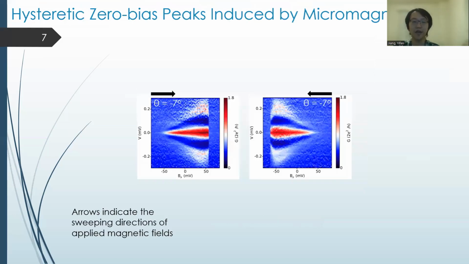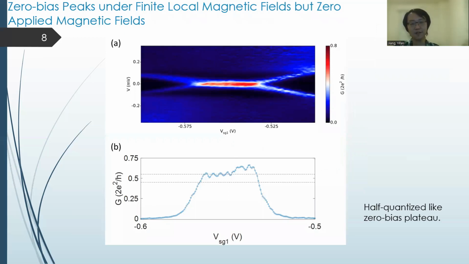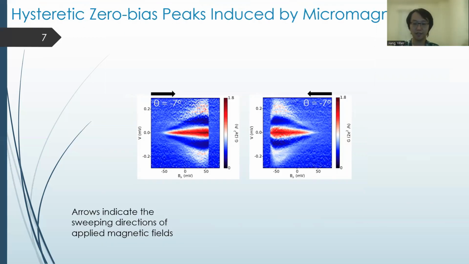So this superconducting gap is hysteretic under magnetic field scan. As you can see from the left plot, for example, this zero bias peak is getting broader with more positive magnetic field. And especially for this zero bias peak, we can see that its magnitude is larger than 2e squared over h, which does not agree with the predicted zero bias peak